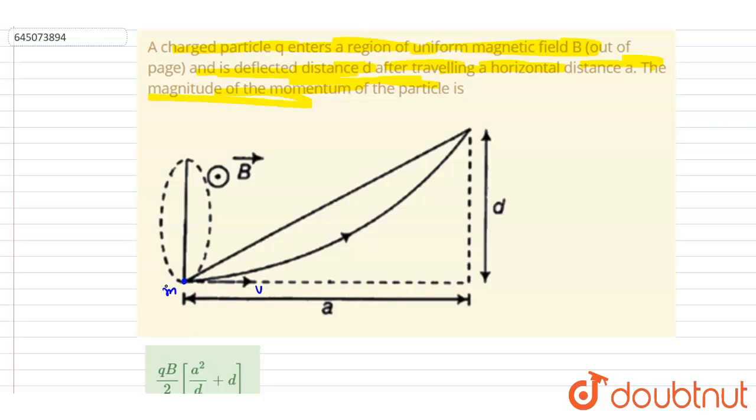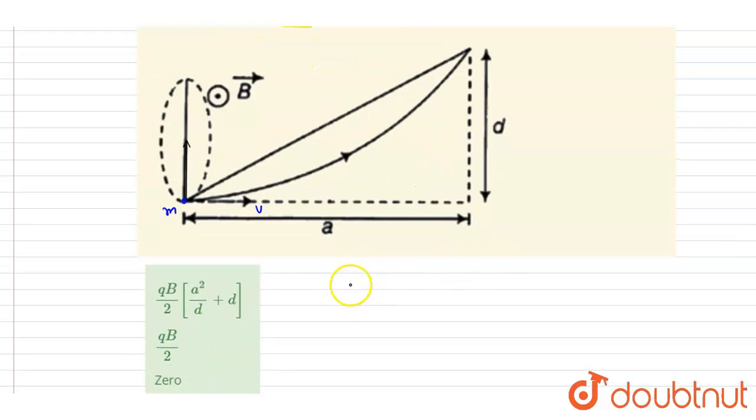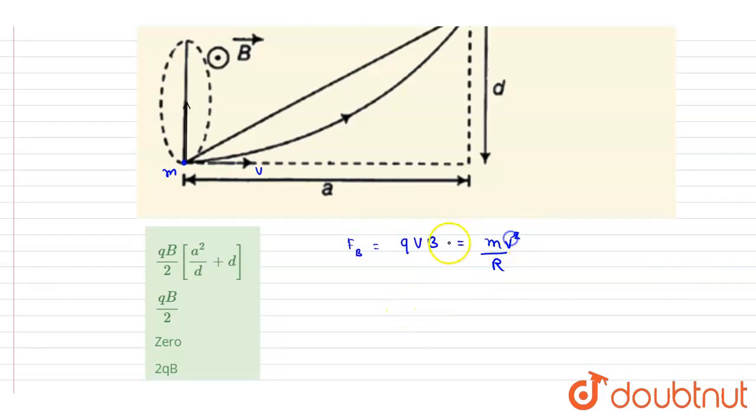If you see, this charge is q and it is deflected like this, right? So the direction of the magnetic field will be somewhat like this. Write down the force, magnetic force, it will be equal to qvB, because you can see the magnetic field is already perpendicular to the plane of motion, so it is always perpendicular to the velocity. This will act as the centripetal force, right? From here, this will get cancelled out, and we wanted the momentum, linear momentum.